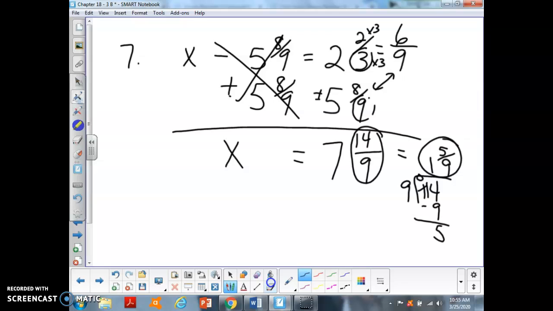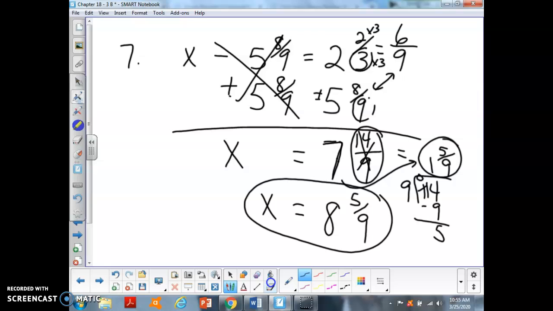So we add 7 plus the 1 5/9. So 8 and 5/9 is our final answer. Taking the 7, we rename that. 14/9 is 1 5/9. So 7